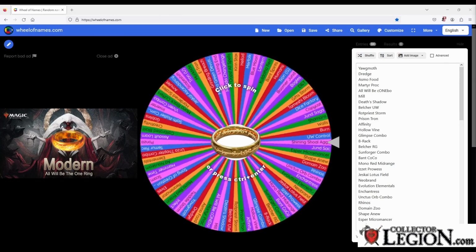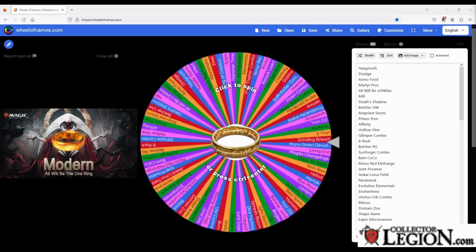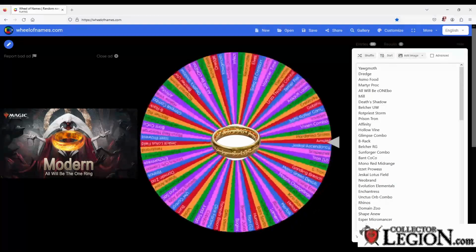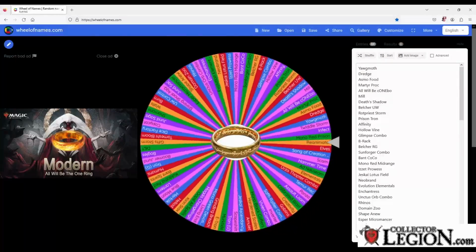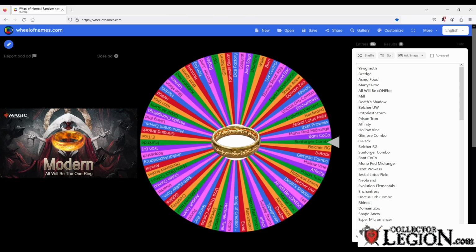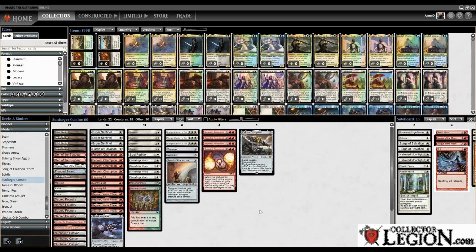All right, we're back. So let us spin the wheel and see what we're playing for the second league today. Sunforger combo. Okay, then. All right, so for those unfamiliar, basically what we're trying to do is the deck has